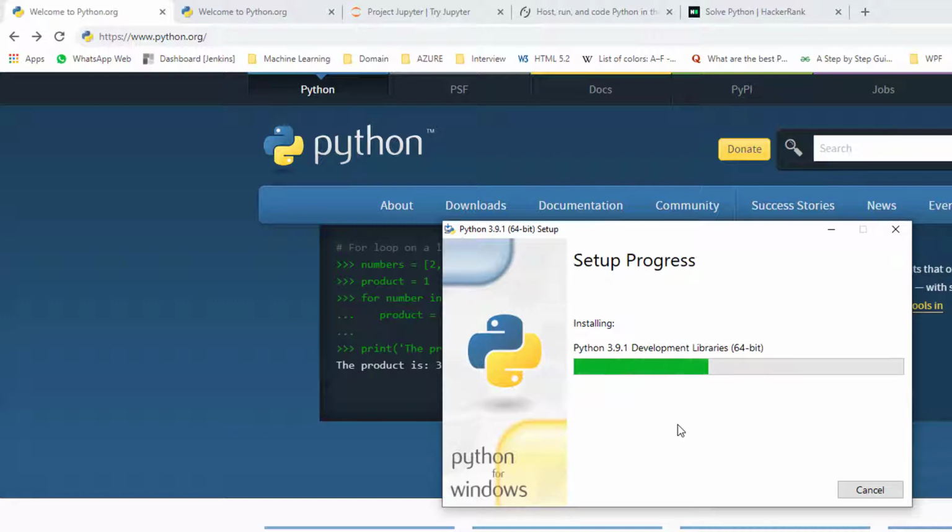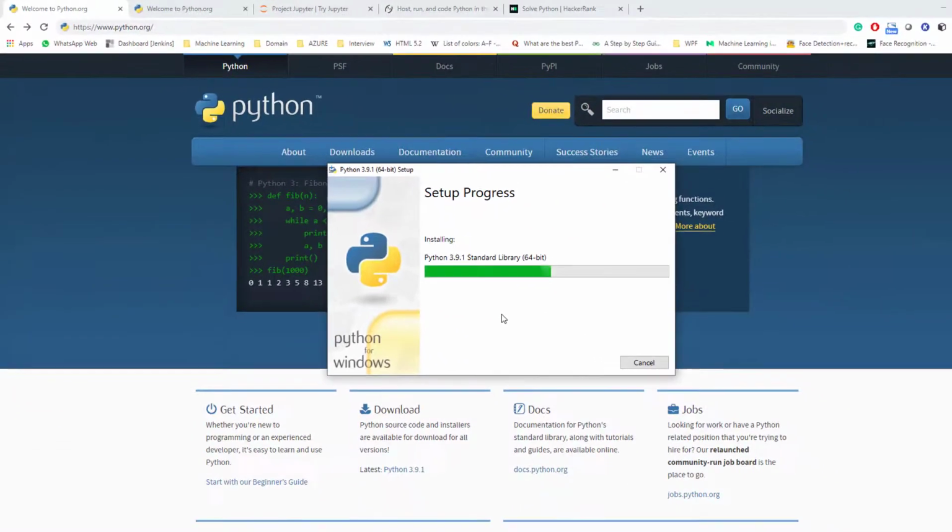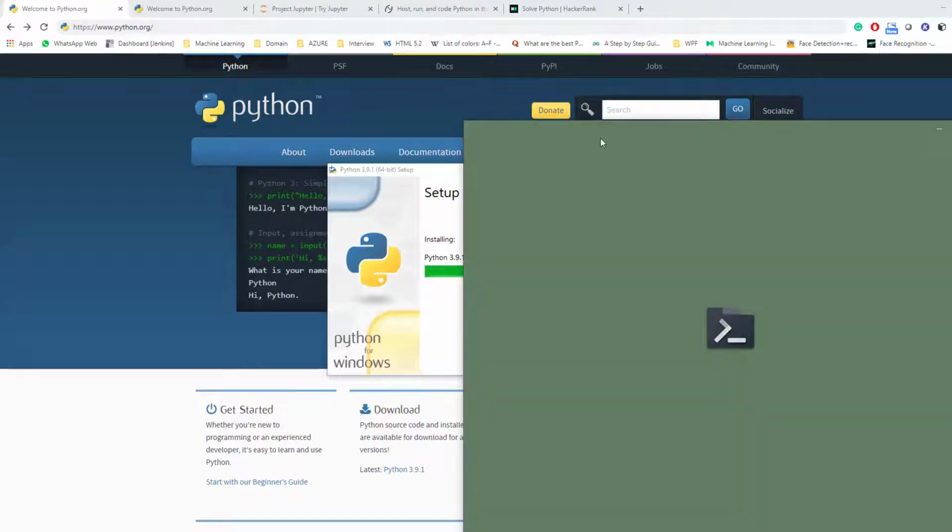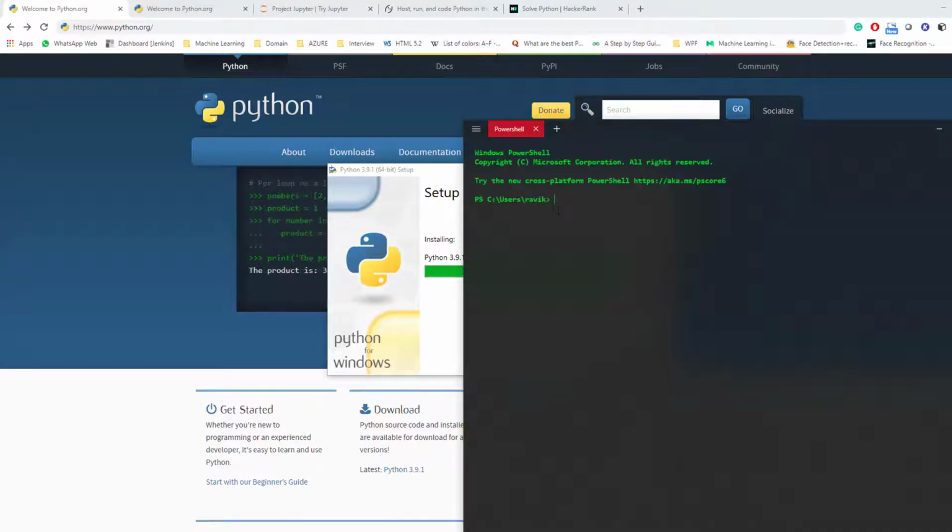It might take some time based on the system, so we will wait. In the meantime, we can check whether Python is installed on our system by going to the command window and just typing python, because if Python is not installed, there might be scenarios where we have not set Python in our environment variable.